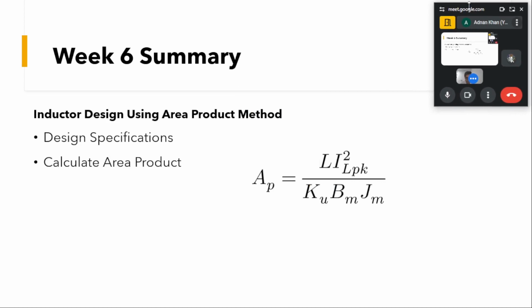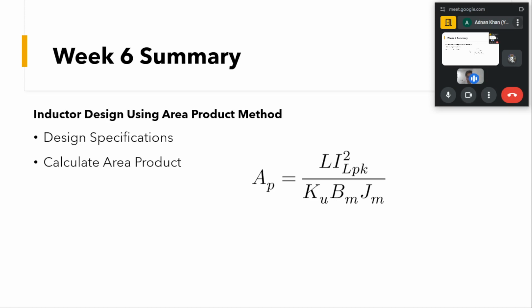So in this area product method, what is the first thing that we have to do? We have to calculate the area product, and we saw the equation for that. We know the L that we want to have, and IL peak, we know the peak current that will be flowing through that inductor, that will be given by the average current plus half of the ripple, because we have the average current and there will be a ripple over it. If we know the ripple and the average current, so peak will be equal to I plus delta I L by 2 peak, and Ku